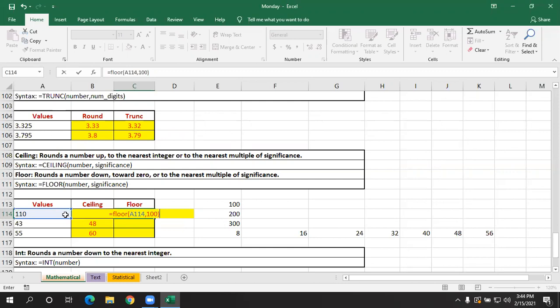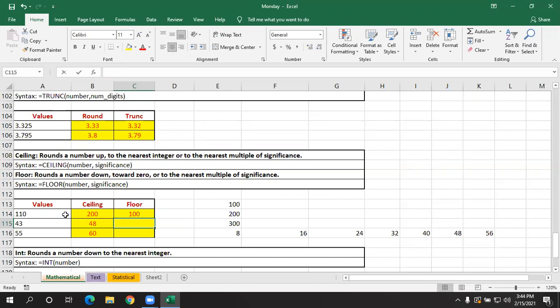See, do we have 110 in multiples of 100? We don't. So the number present in multiples of 100 which is less than 110 is 100 only, because 100 ones are 100. It starts with 100 only. Less than 110 is 100.